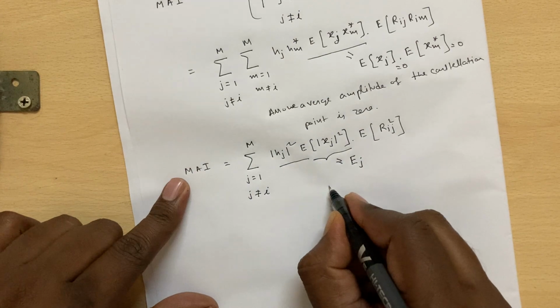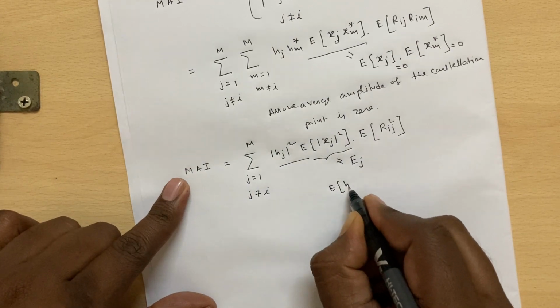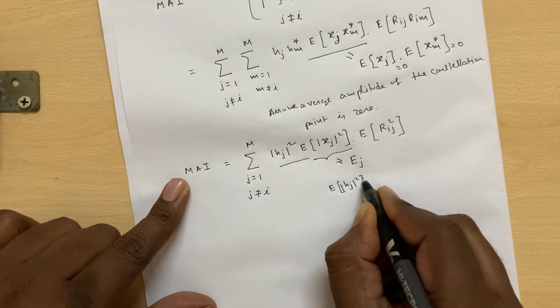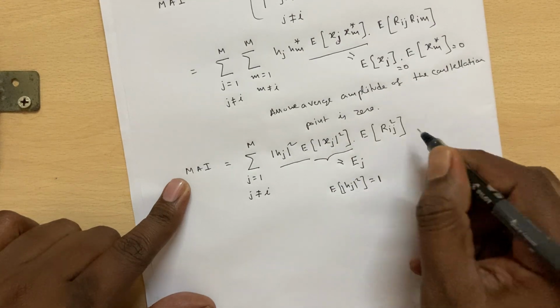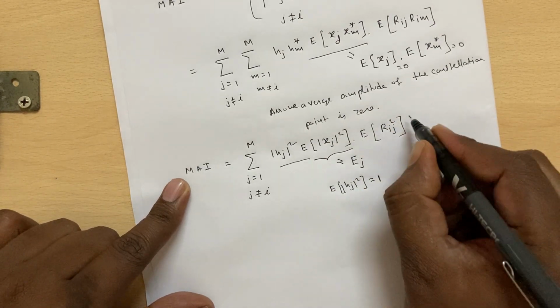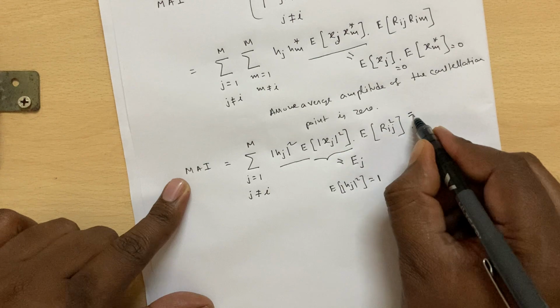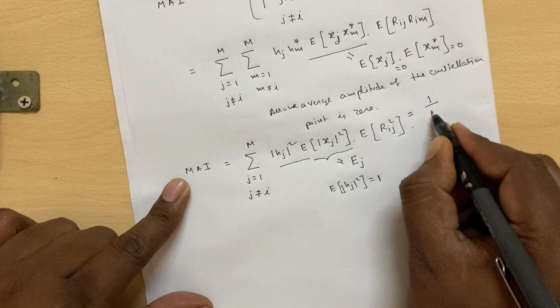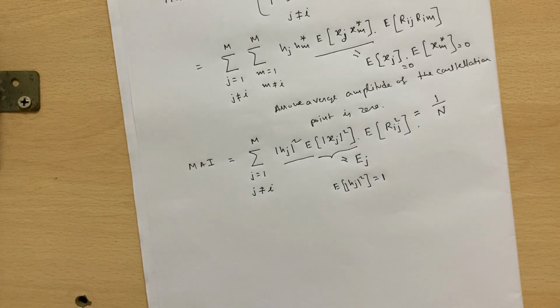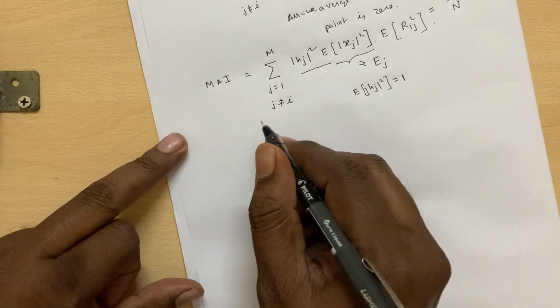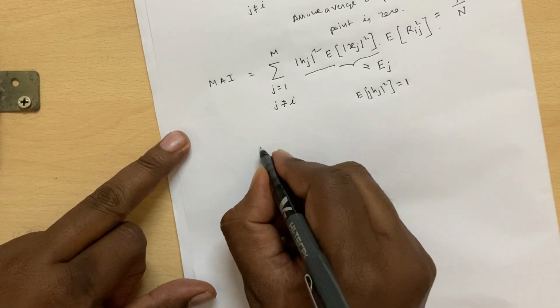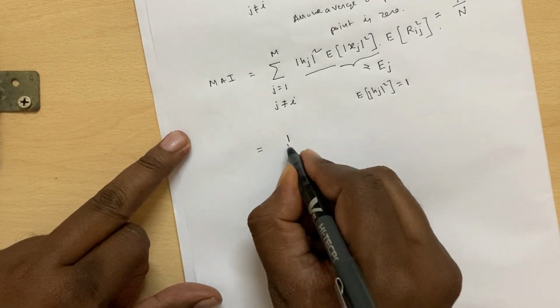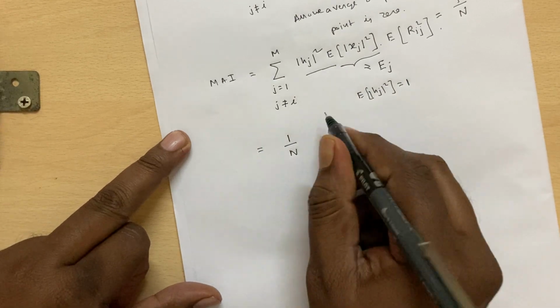It is a normalized coefficient, so mod hj square is equal to 1. The other part we derived in the last class, which is equal to 1 by n. Substituting them, we get the multi-access interference power equal to 1 by n